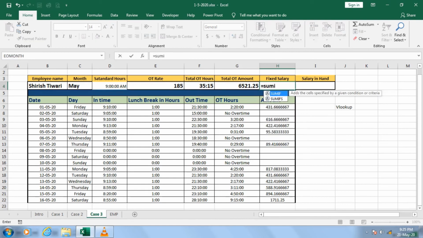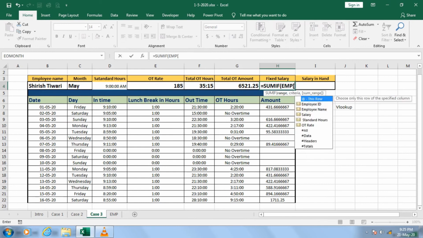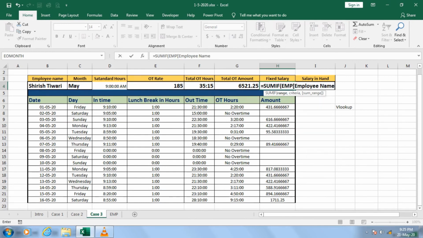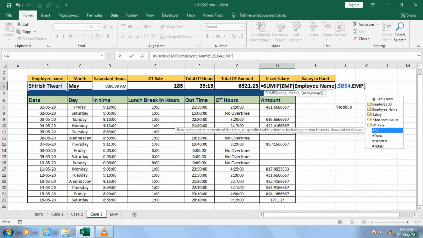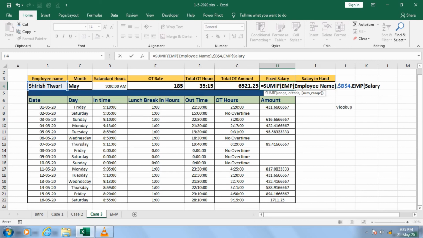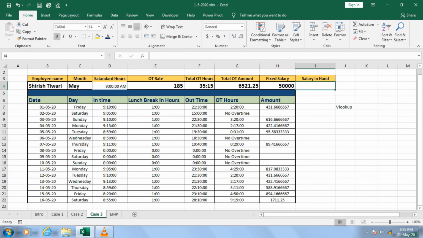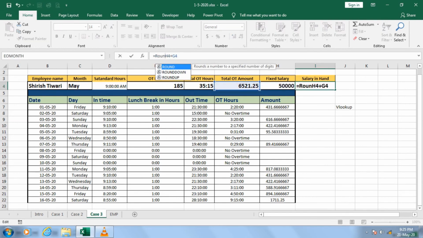SUMIF, then go to the employee, and from the employee find it with the employee name, and if the employee name is Sirish Tiwari, I repeat, then what you have to do is go to the employee and give me the output as the salary, guys. Okay, so this is the salary of that employee, salary in hand, so that means this amount plus this. Then finally just make it a ROUND formula. So I'm using the ROUND formula, this comma 0. So I got the salary